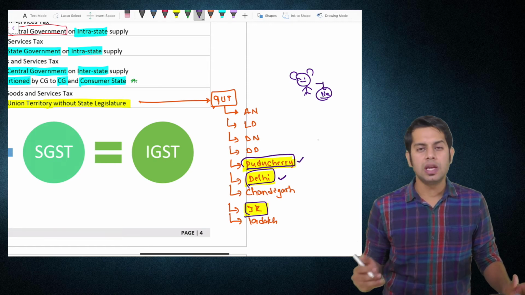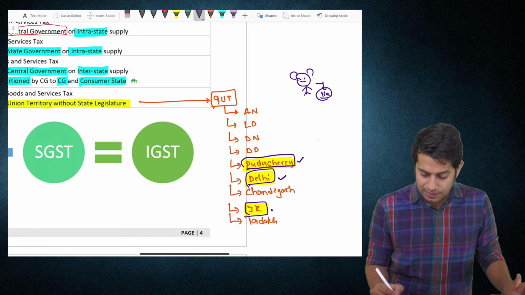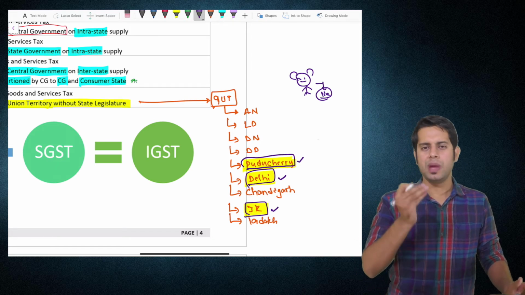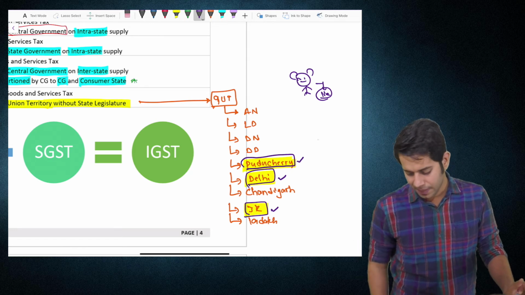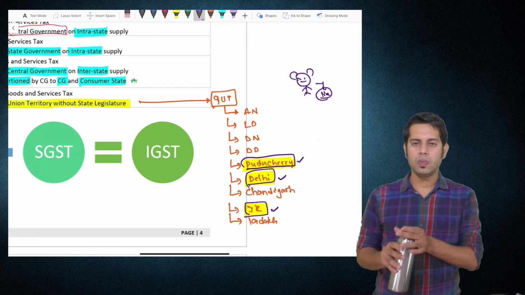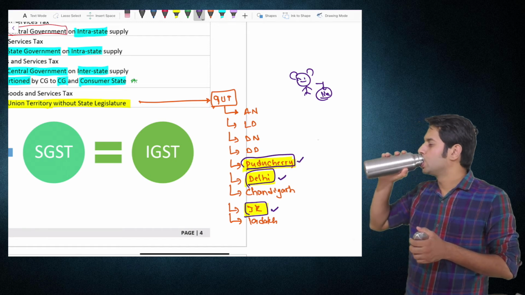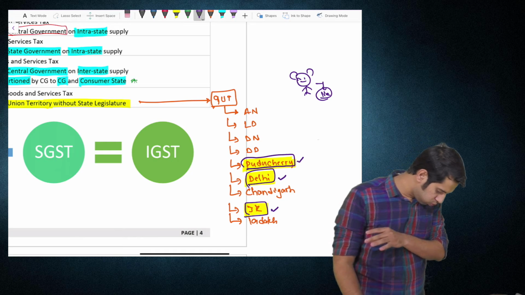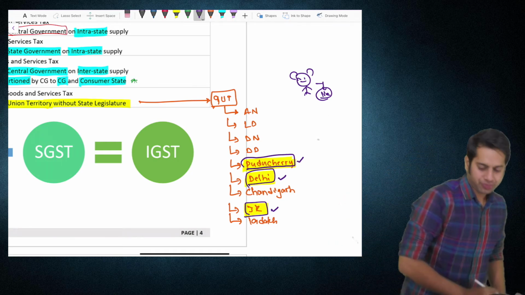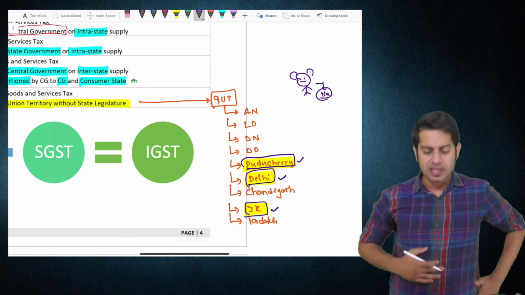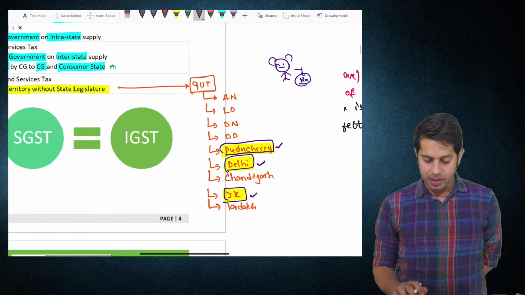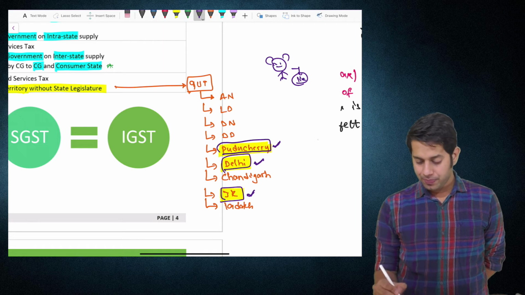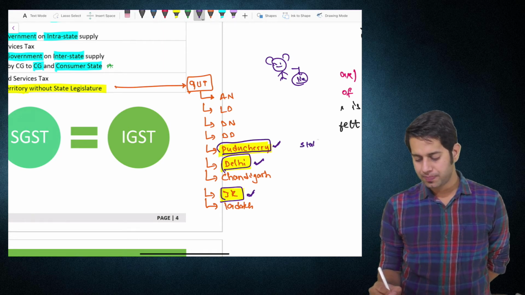Similarly, Puducherry also has its own government. Similarly, Jammu and Kashmir, as of now, it is not having one, but it has the right to make its own government. So these are the different union territories. These union territories are called as state